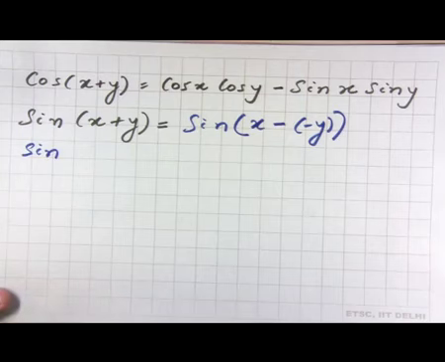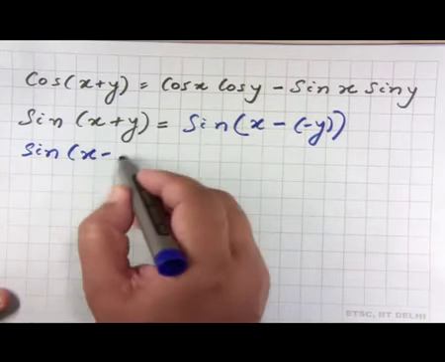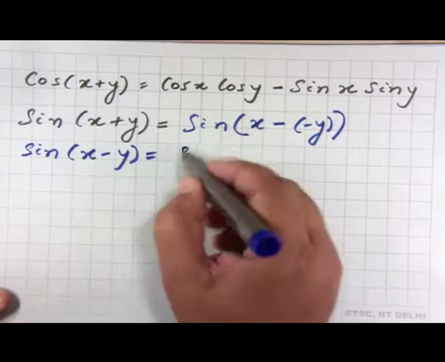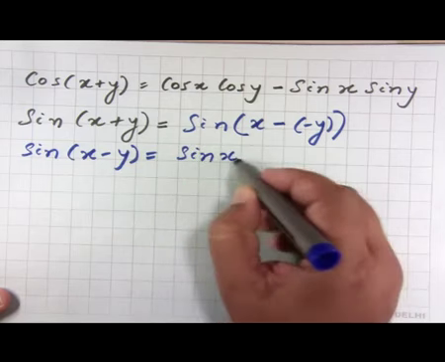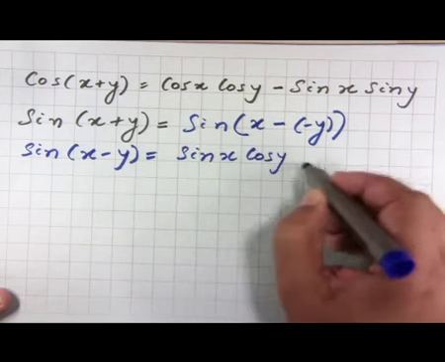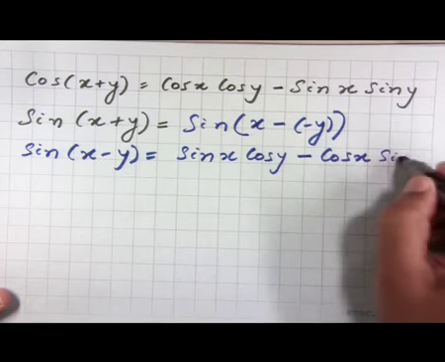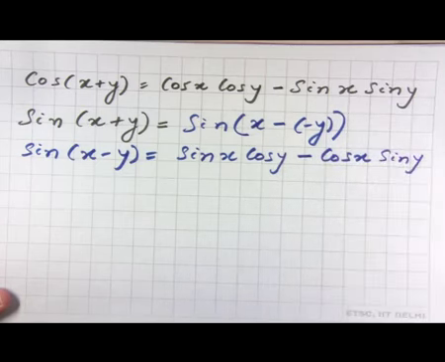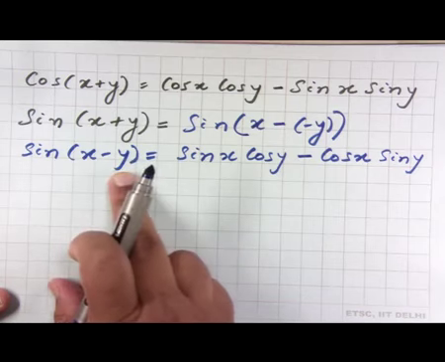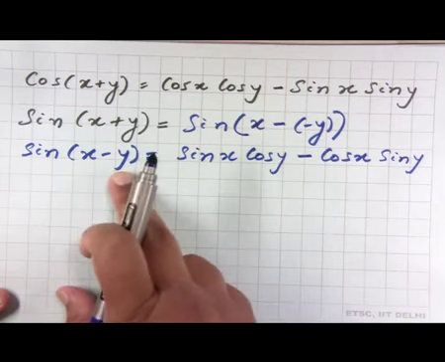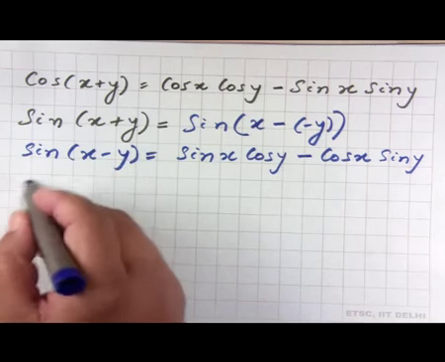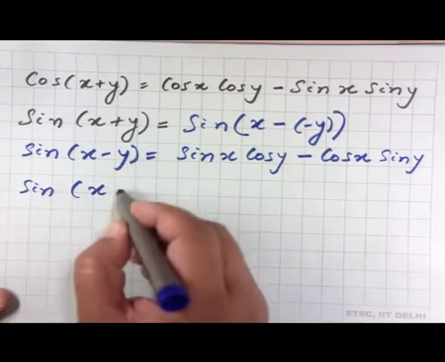From the previous slide, we know that sine of x minus y is sin x cos y minus cos x sin y, and therefore, here just replacing this y with minus y, we will get sine of x plus y